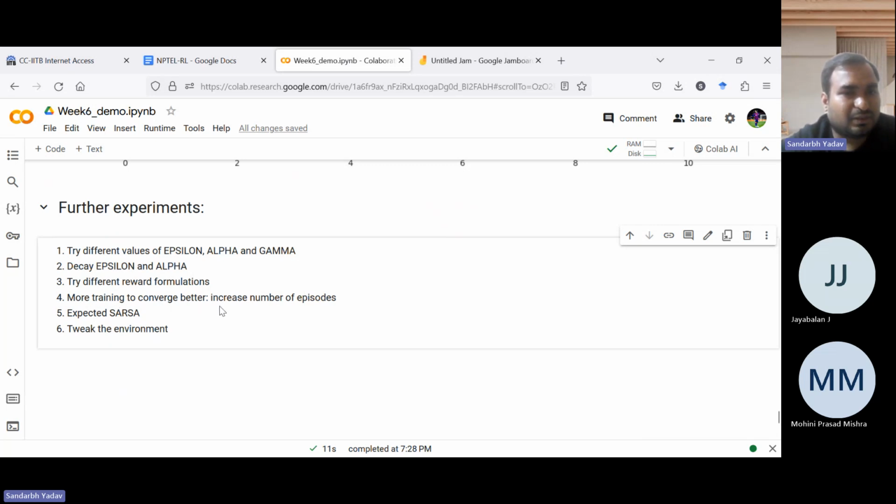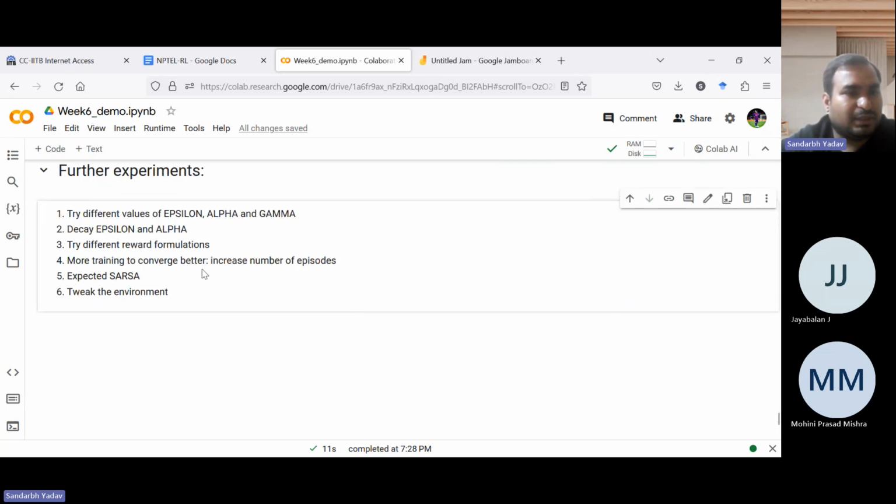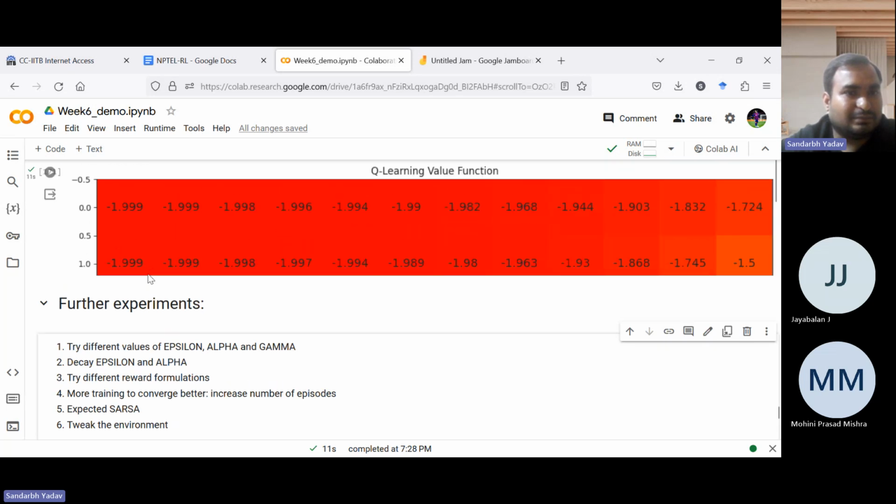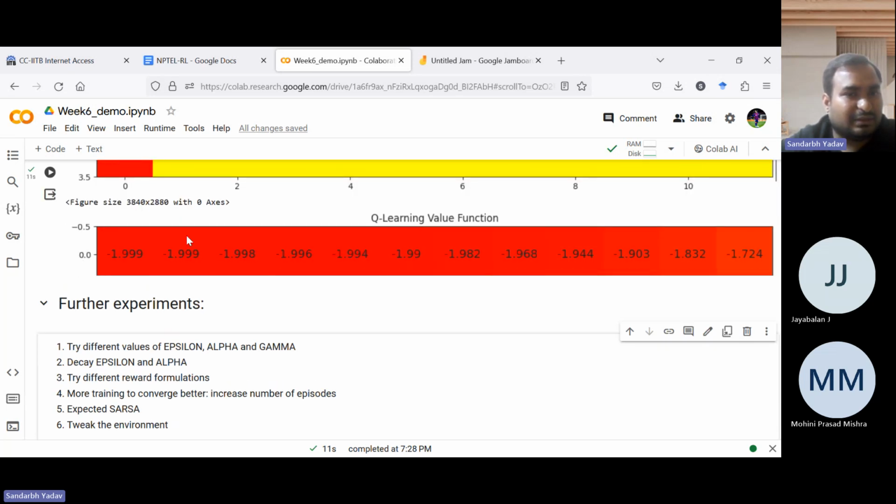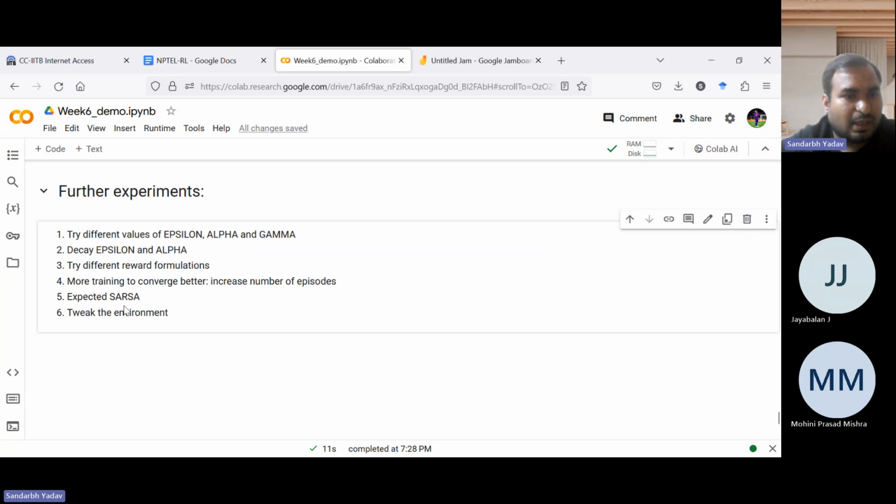As we saw in the case of Sarsa, it was taking a safer route, but not the safest one. So you can increase the episodes and see how it performs. Maybe it will take even the safest route. And you can increase the number of runs also so that those graphs become smooth. This is only Sarsa and Q-learning. You can try Expected Sarsa on your own, and you can even tweak the environment, right? Be careful with it. Some hard-coded things might not function, so you need to change those also.